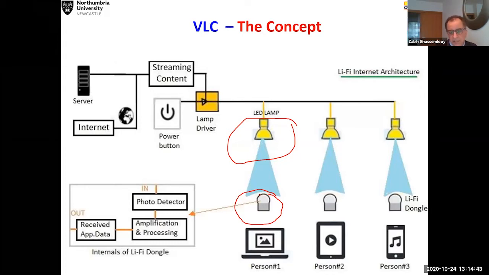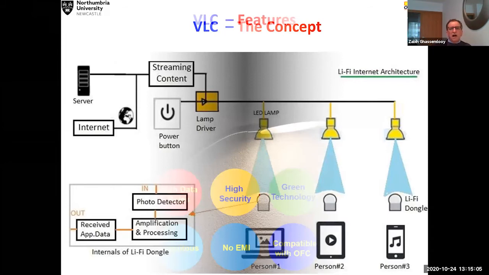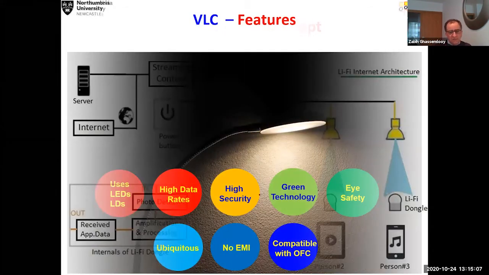For example, I leave it to you to think about it. What is the significance if you have an antenna which is orders of magnitude greater than the wavelength of your carrier signal? What does it offer, compared to when the antenna size is less than the wavelength? Just have a think about it. Maybe we can talk about it at the end. So what does it offer? These are some of the features of it.